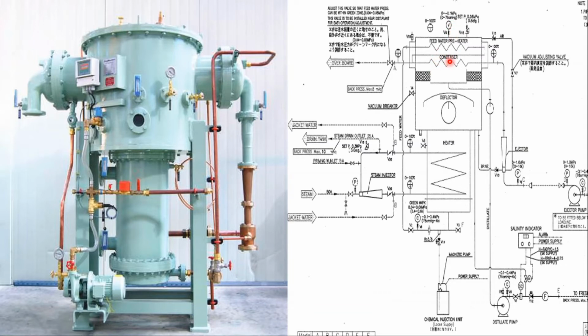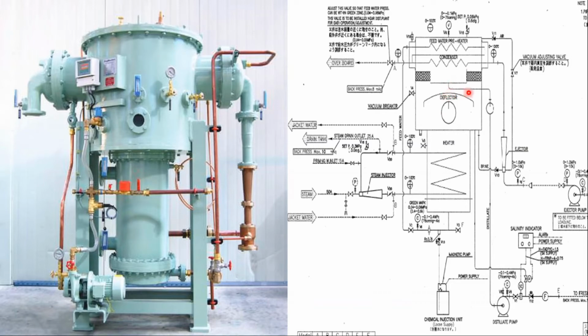This is the condenser. The condenser construction is like this. There are tubes inside the condenser, and seawater passes through the tubes, and outside the tubes the water vapors get condensed. This is the demister. The function of the demister is that it allows only water vapors to pass through it, so it prevents water droplets from getting into the condensed freshwater. Here you can see the deflector. The function of the deflector is that it deflects the water droplets getting into the demister.